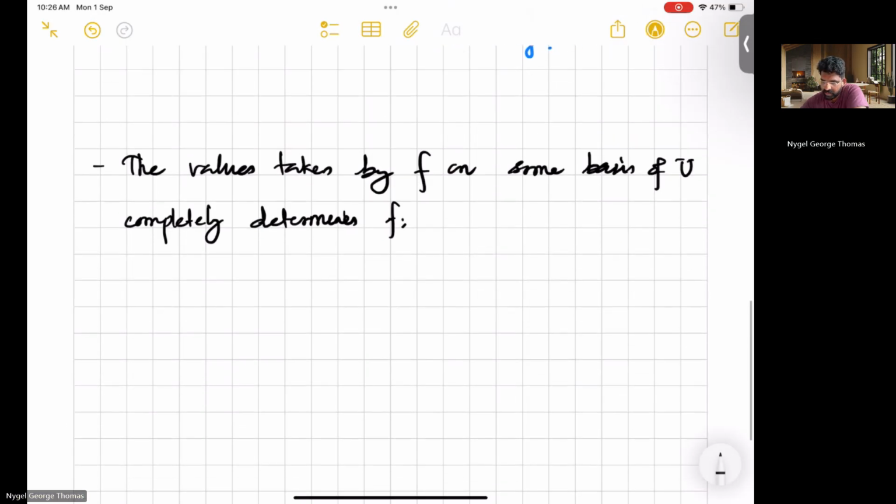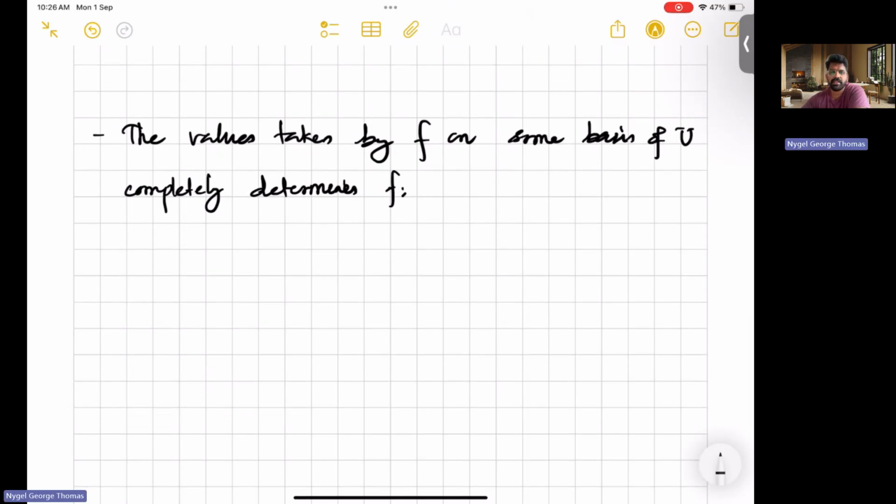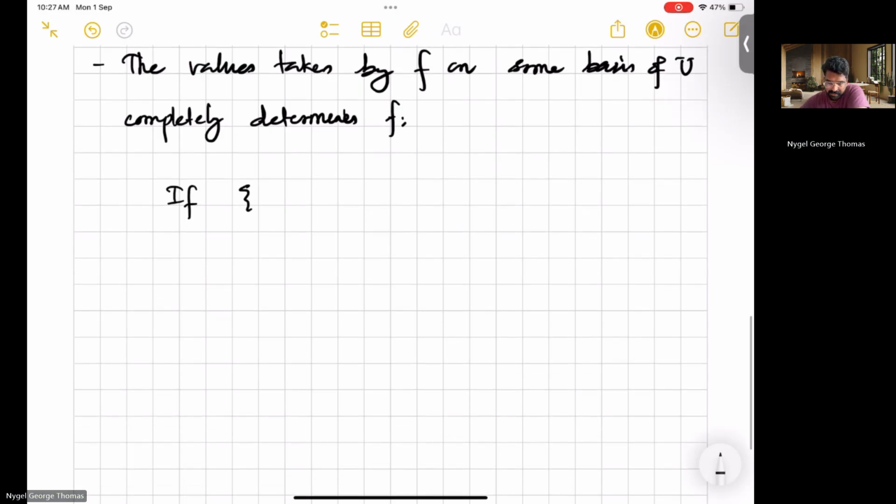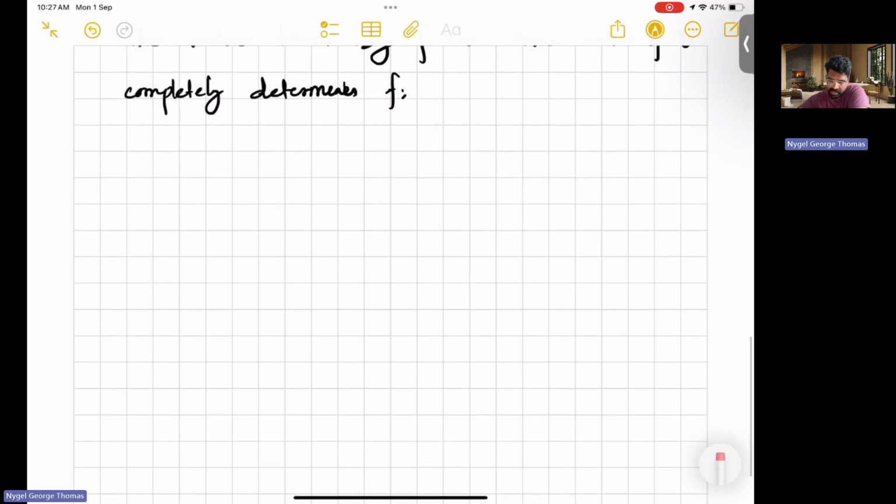This is actually something which is very useful when we're using a change of basis. Suppose we have, I think the idea here is, if we have a set of, okay, I think we can discuss this in detail in the subsequent steps. Okay, maybe we can discuss it now itself. So what we're trying to say here is, say,